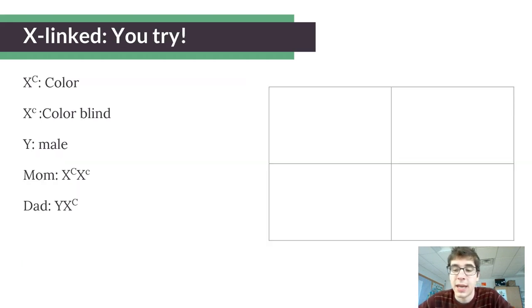Okay, and color blindness is another X-linked gene. So here I'm giving you some different alleles, and I'm giving you mom and dad's genotype. You can go ahead and predict what are the possible outcomes of their offspring. Again, once you finish this, you can check with me or check with a classmate to see if they got similar answers. Now, you can pause, you can do that, and then when you come back, we're going to look